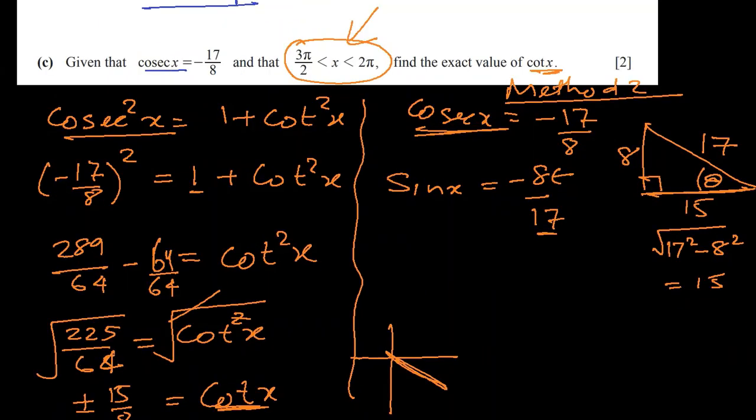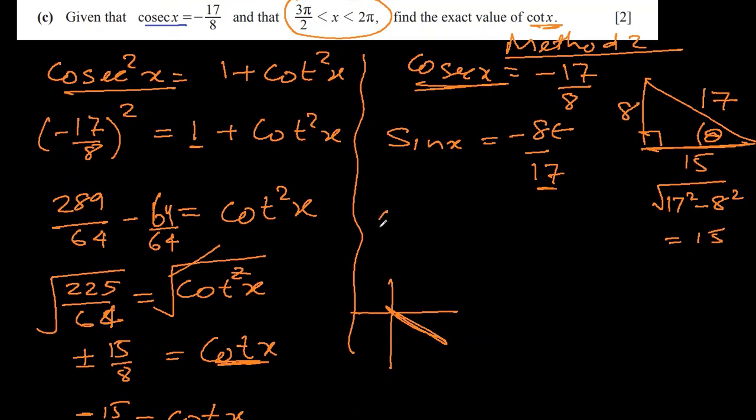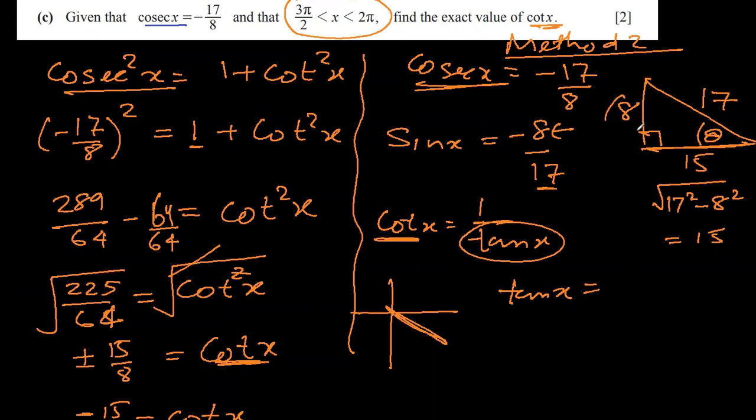Right? Now they are asking for cot. Cot is 1 over tan. So if we find tan, we'll reciprocate and we'll get cot. So in this triangle, what is tan? Tan x is equal to opposite, which is 8,